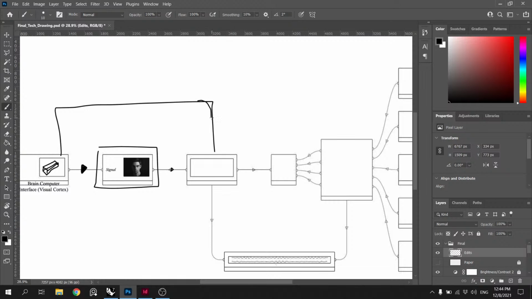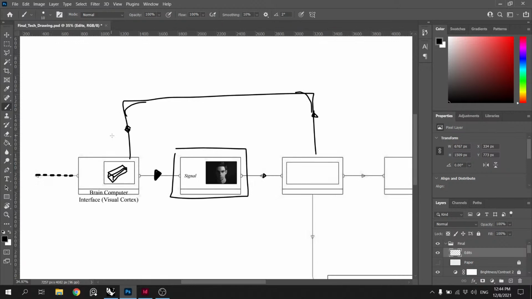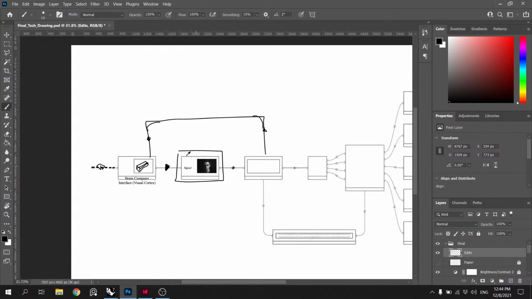But essentially, this process here is important because it's going off to your local computer or even a bigger computer, and it's coming back. Then when it comes back, it's sending it back to your brain.